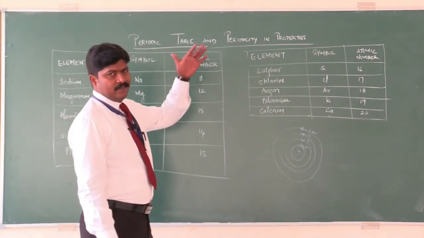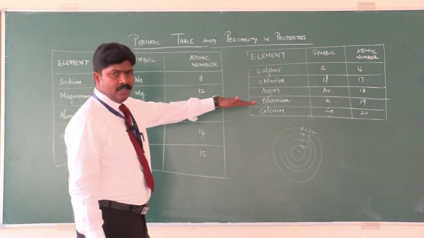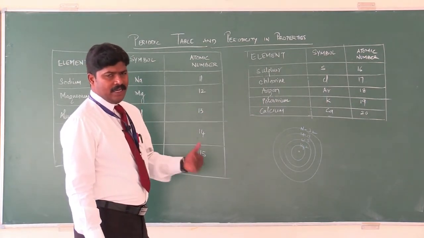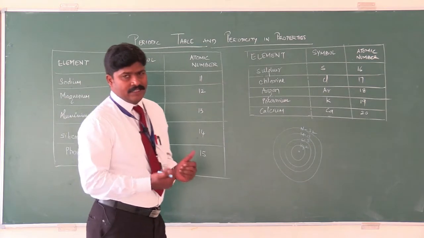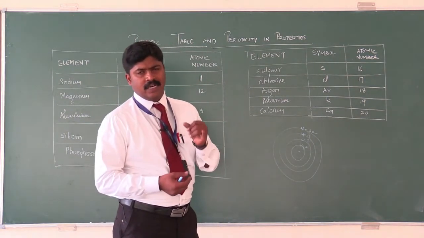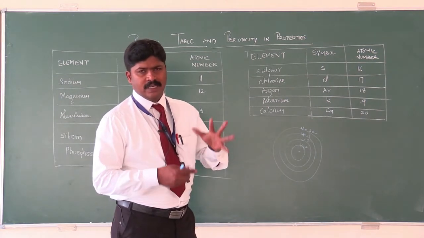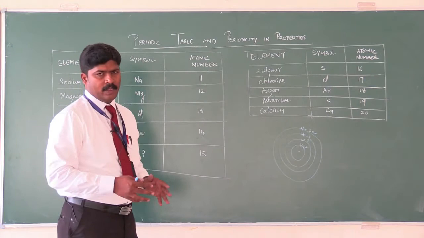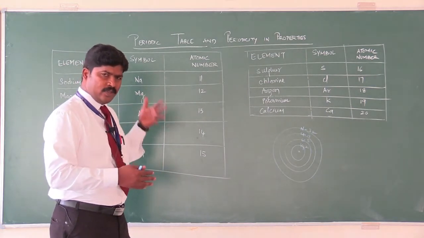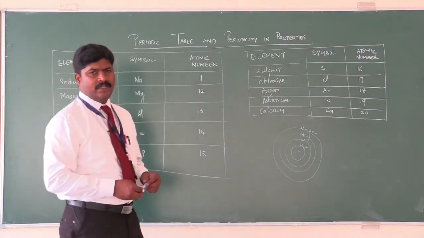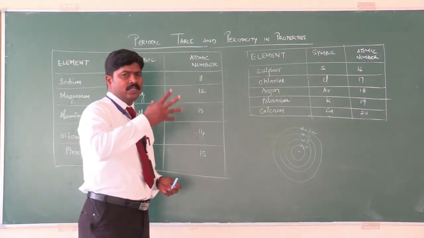So if I start from hydrogen, at least in the beginning stage of 11th standard, class 11, you must know at least till 20. Later we will develop it to 30, till zinc: scandium, titanium, vanadium, chromium, manganese, iron, cobalt, nickel, copper, zinc. We will add that in the next session. Yesterday I did 10, today I am adding 10 more, maybe next session I'll add 10 more, so as not to trouble you at one stage.